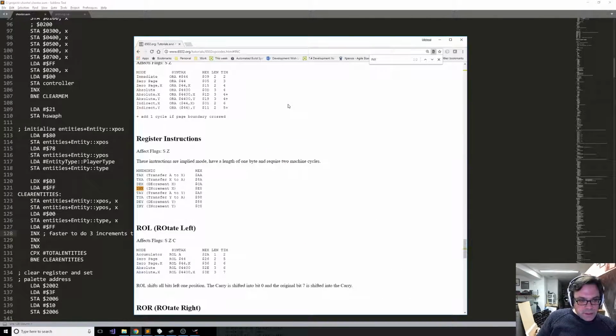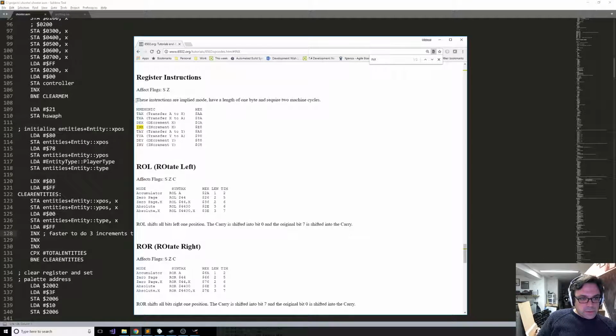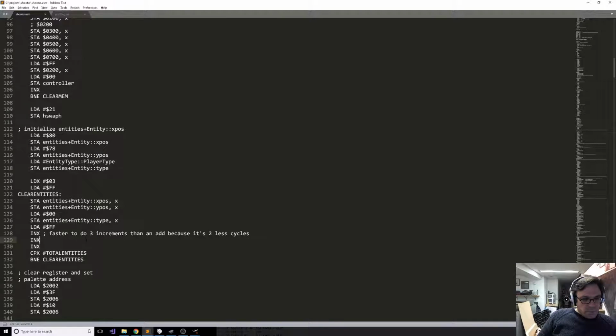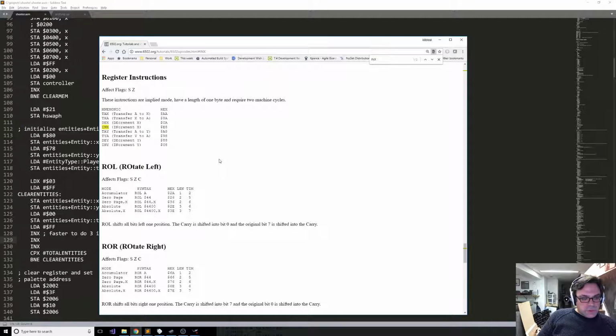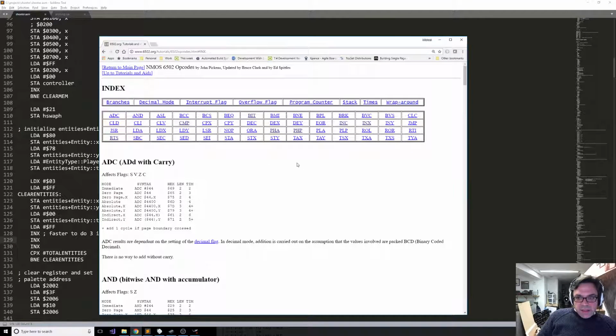So I had done this because if you look at I and X, you can see that there are 1 byte instructions that require 2 machine cycles. So it was 3 bytes and 6 cycles to do this versus incrementing X. So in order to increment X, let's see, to add to X, I should say. If I wanted to add to X,